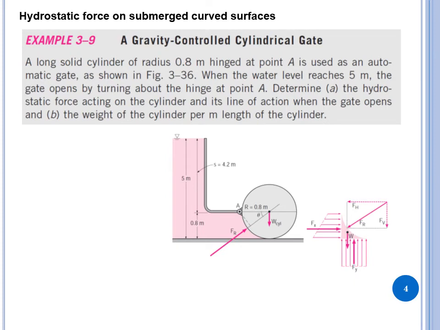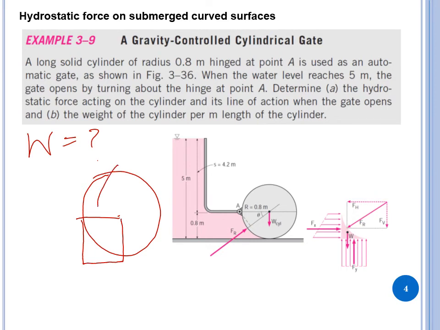Now the next thing is we need to find out weight. To find out weight of this fluid, I just try to draw it here. So this is our cylinder like this, and that's the radius of it. I just make a rectangle here that has dimension of 0.8 and 0.8. So if we want to find out area of this green part, which is basically the weight of the fluid, then simply what we need to do is